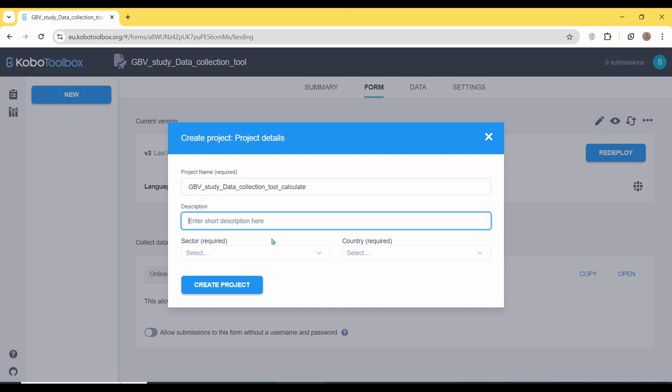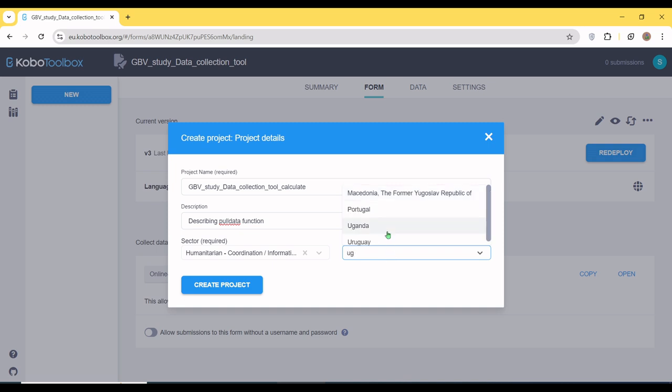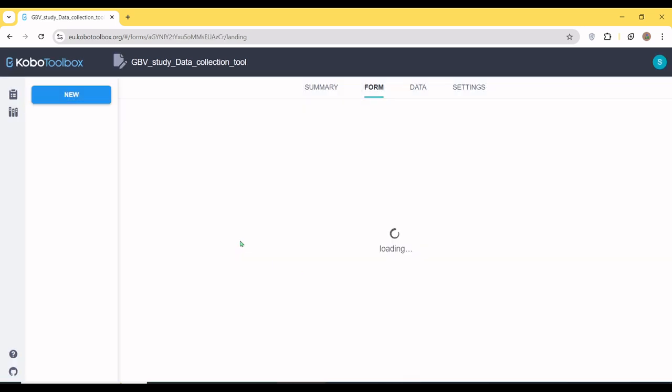Okay, they want a description. Let me just put describing Pulldata function on a gender-based violence study. Okay, this we agree this is humanitarian information and management, and we are in Uganda. So I create project